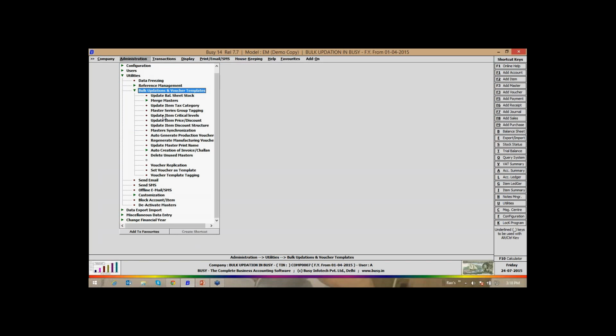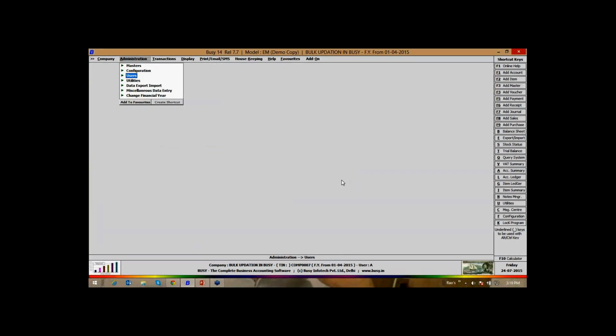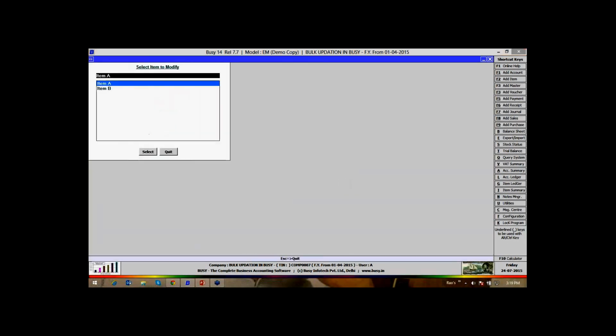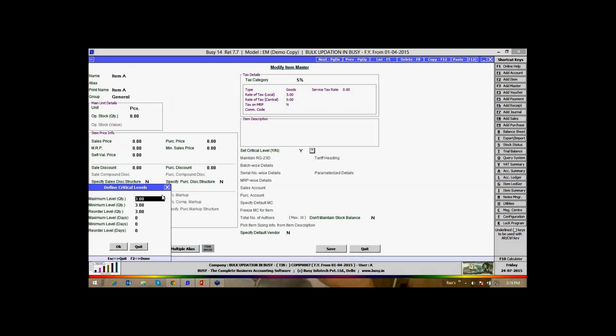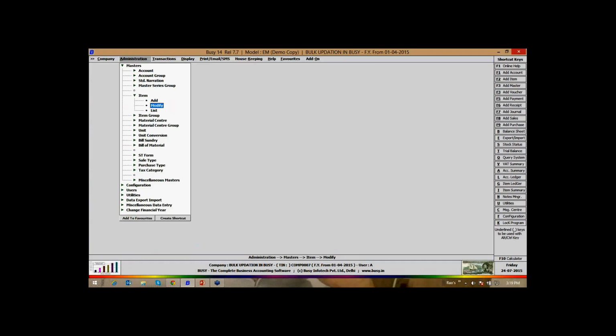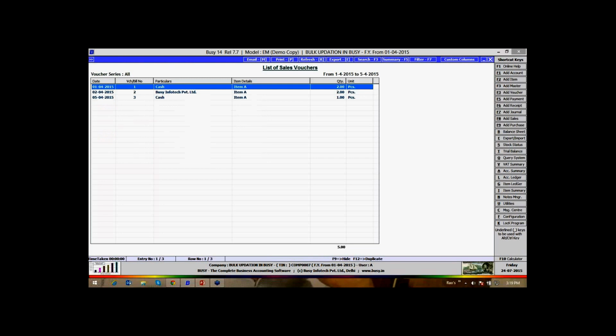Utilities, bulk updation, item critical level, specified below. Let's say 3. I want stock for 3 days at all the levels. I will explain how the calculation works, and I will change my data also so that you can understand.